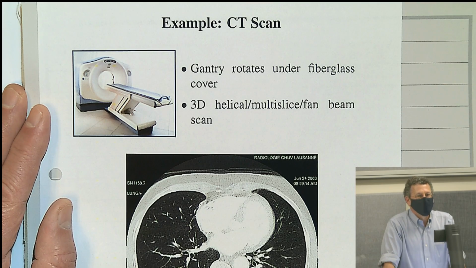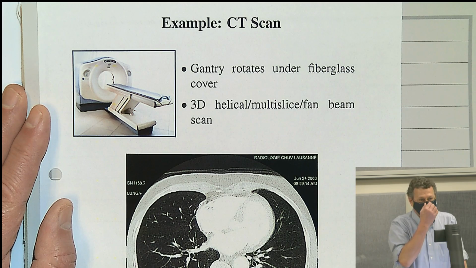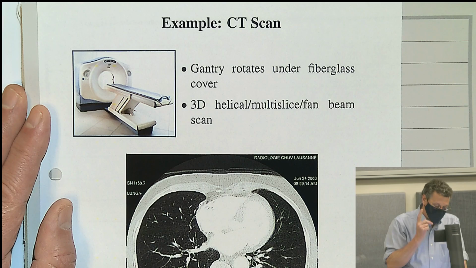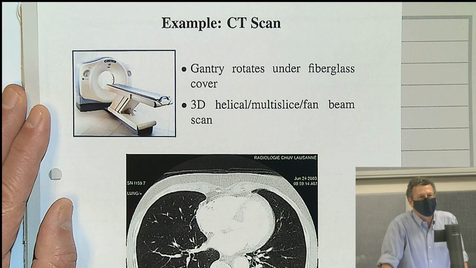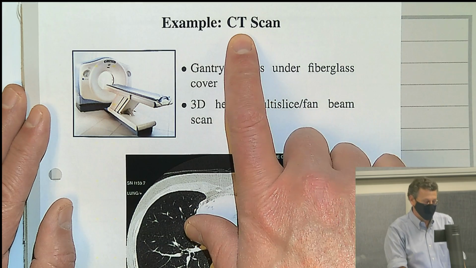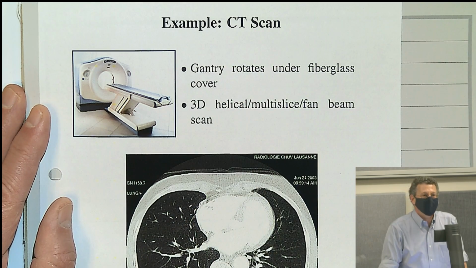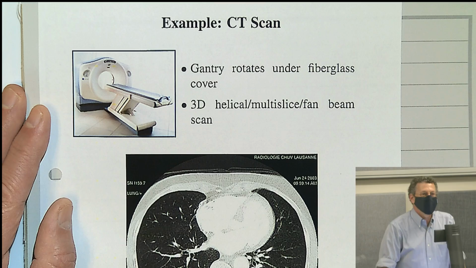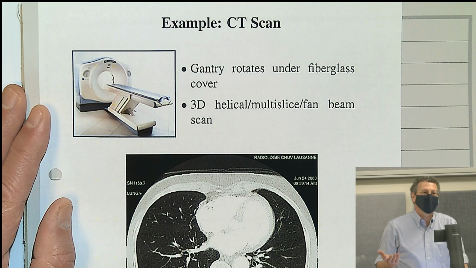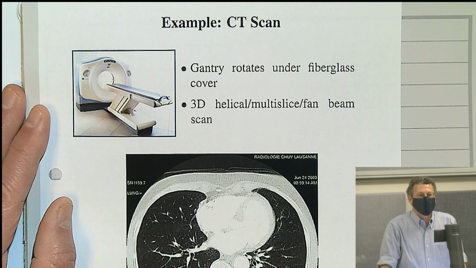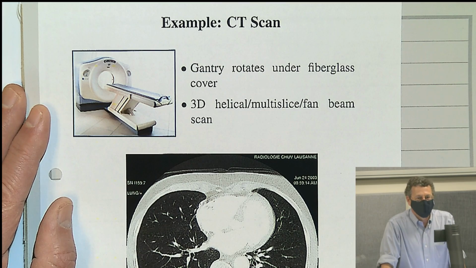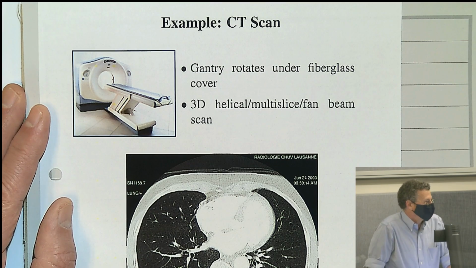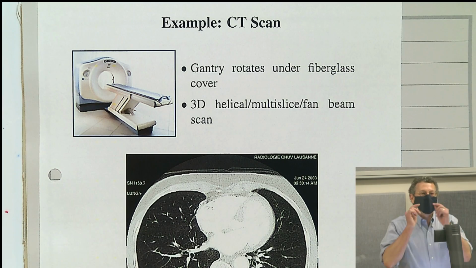MR's better for some soft tissue sometimes, and it's particularly good for neuroimaging because it's not necessarily anatomical, it's functional, okay? And there's also a thing called PET scanning, which is algorithmically similar to CT. But PET scanning is a functional imaging modality. But CT is the most widely used; if you break your leg, they might just do a CT scan today. They can do a planar X-ray, but they'll often just do a CT scan so they can get a better idea of what's going on. But the key issue is this.